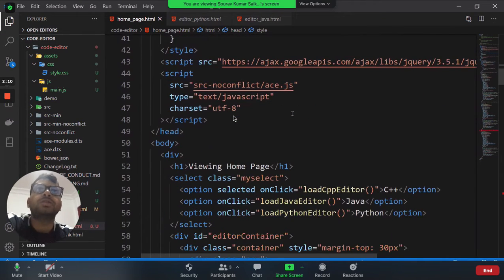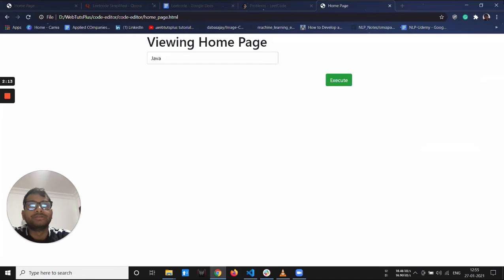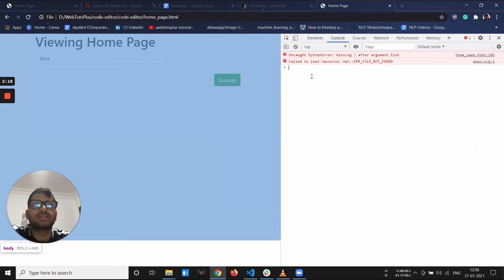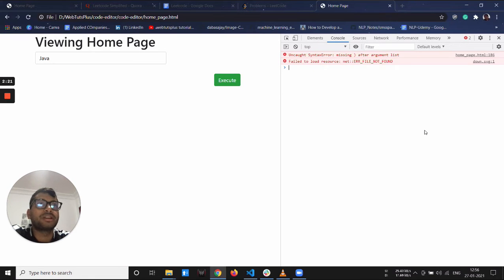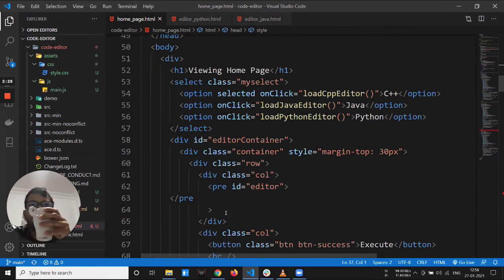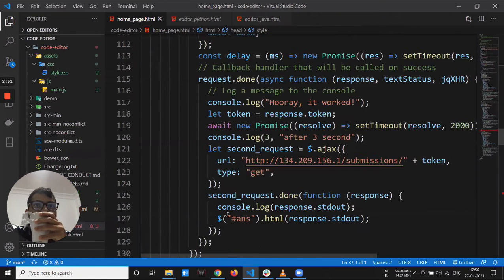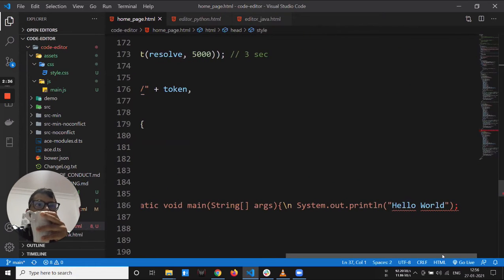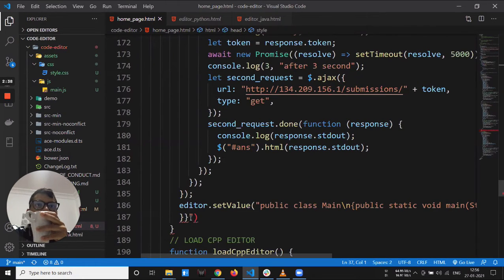Okay, so you can run the code and open the console. Yes, so you have made a mistake after the argument list, at home page line 186. Let's fix it and then we'll proceed. You have one more bracket. If you delete the last bracket, yes,